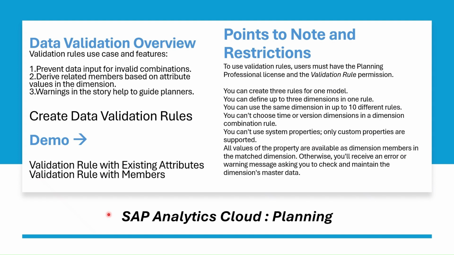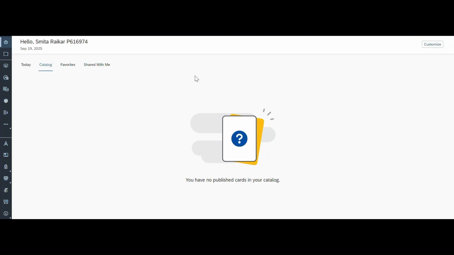Just keep these restrictions and points in mind. Let's continue with the demo in the tenant. As you can see, I have already logged into the system. Before we continue with how you can create the validation rules, and I'll show you how you enable it and the different types of validation rule,